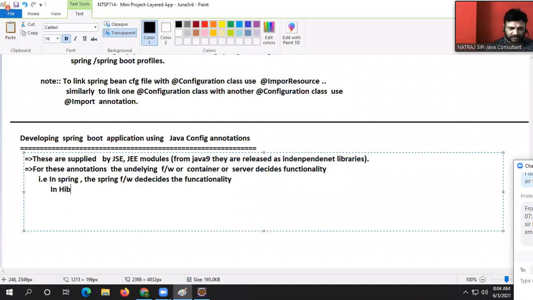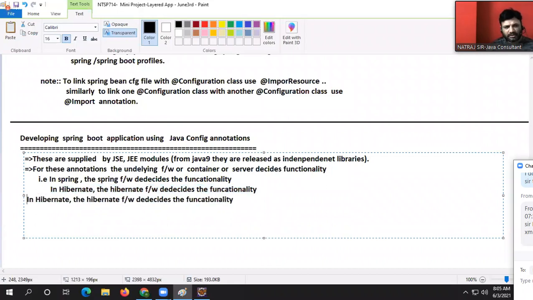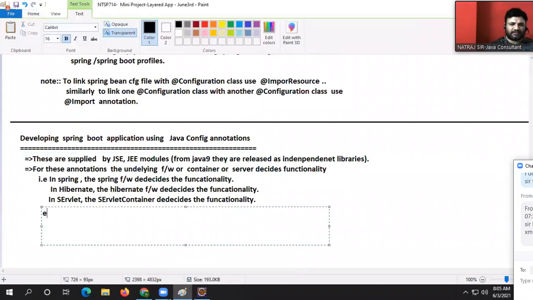In Hibernate, the Hibernate framework decides the functionality. In servlet, the servlet container decides the functionality. Are you getting my point? What are they, guys? For example,